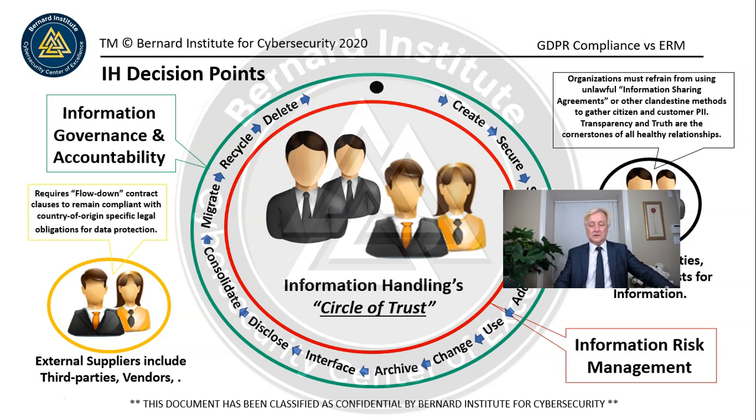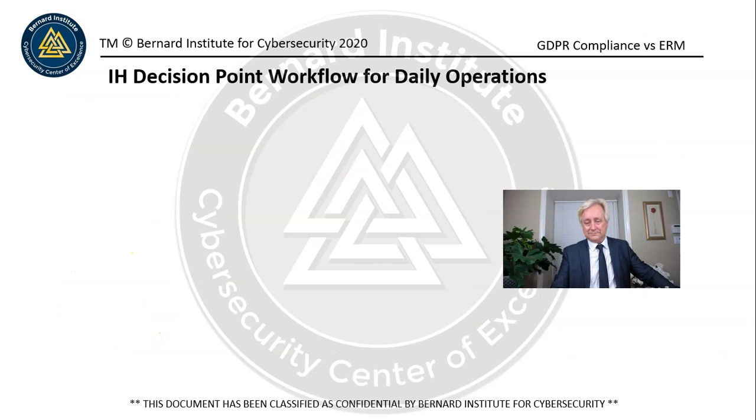And there needs to be, oh, by the way, exit clauses. And that's one of the big things I see missing in contracts: what do we do when the relationship breaks down with our third party? How do we remove ourselves from that relationship? And do they have any rights about keeping any of our information, including our customer information? So we need to be very clear on how that's going to be handled and executed, and work with our lawyers, of course, on making sure that our agreements and contracts include things like exit clauses and flow down clauses.